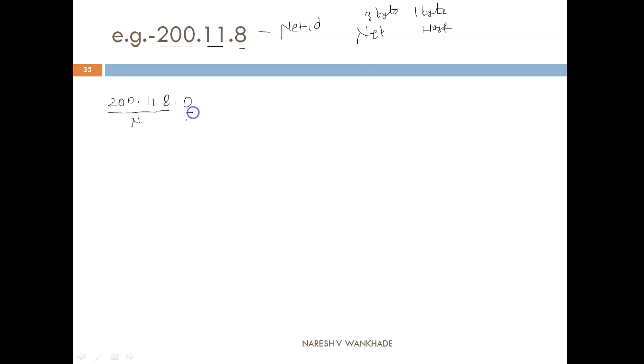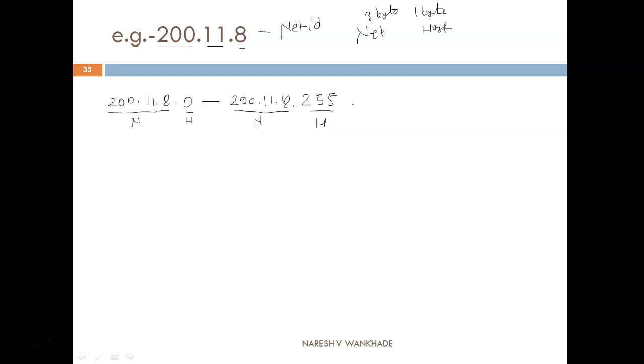I write here the net ID and 0 for the host ID. This is the minimum value, and the maximum value of this block is 200.11.8.255. Out of this, the first 3 bytes belong to the net ID and the last byte belongs to the host ID.